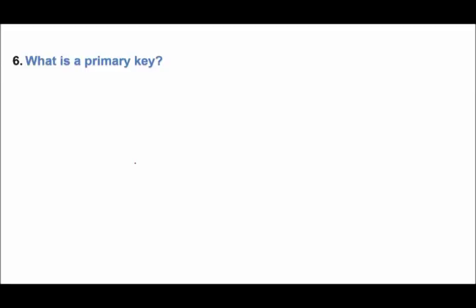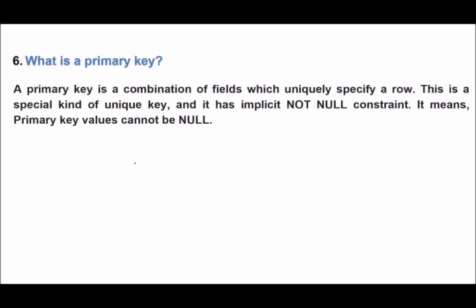What is a primary key? Let me tell you in layman's language, in a table, if you are trying to find a particular record, that is a tuple. Tuple means a single row in a table. So if you want to find a single row uniquely, if some column is there which can uniquely identify that particular row, then we call that column the primary key.